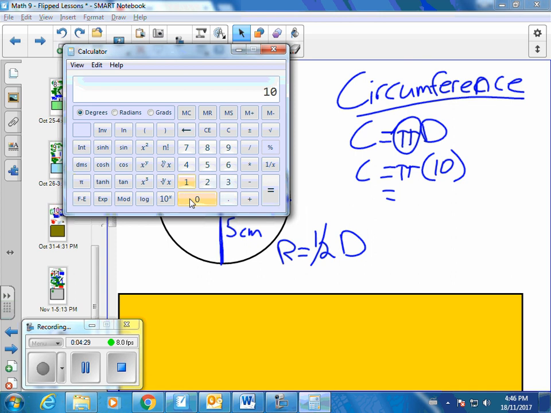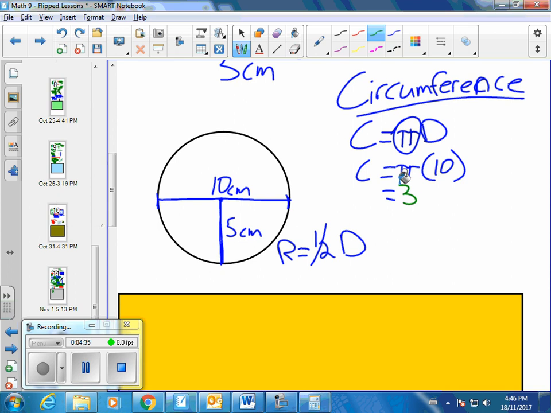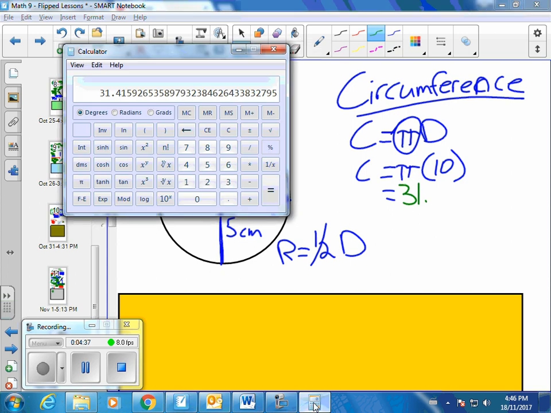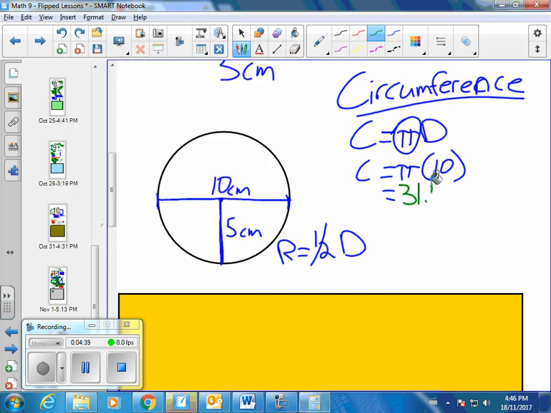So I go 10 times pi, and I get an answer of 31.41. We'll say we just go to 2 decimal places here. 31.41 centimeters. So that means that the distance around this circle is 31.41